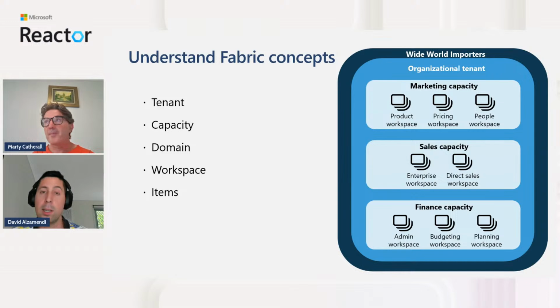So there is a Fabric tenant, the same as your organizational tenant, only one. Within each tenant, you can set up multiple Microsoft Fabric capacities. While there is only OneLake, as Martin mentioned, there could be multiple capacities. That gives you flexibility as well to isolate different workloads. So that means that the capacity is like the compute power that you're going to use to perform your workloads.